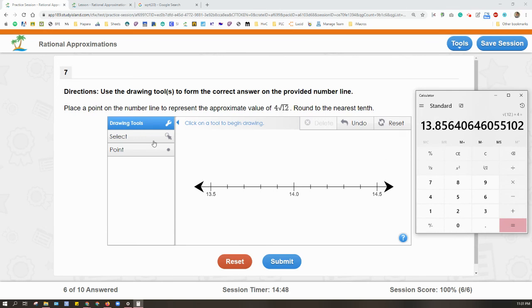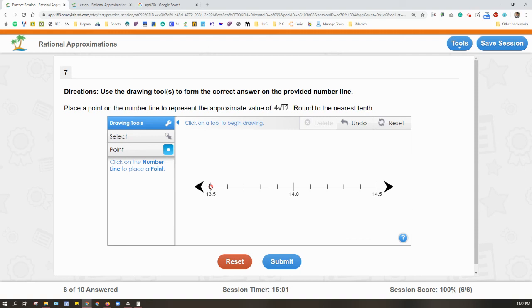So let's go ahead and plot that. We're going to use our point. It says to the nearest tenth. So I'm looking at 13.8 in the tenths column, but the next number is 5 or higher, so I'm going to bump that 8 to a 9, and I'm going to do 13.9. Here's 13.5, 13.6, 7, 8,